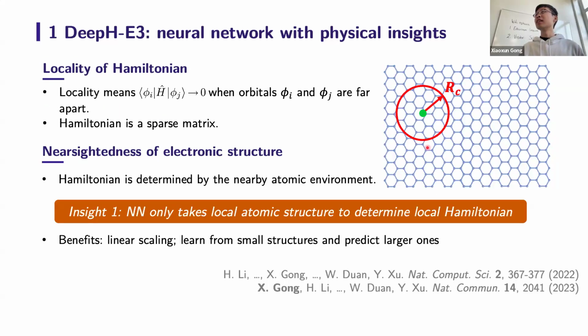So you still need to diagonalize the Hamiltonian? Yes. So in total, it's not linear scaling. But the Hamiltonian is a sparse matrix, and in most application scenarios, we only need the information around the Fermi surface, so we can selectively diagonalize a small spectrum that's close to the Fermi surface. If we limit ourselves to a few bands that are closest to the Fermi level, then this method is still linear scaling. But if you have some advanced applications of this method, then sure, the diagonalization will become a bottleneck.